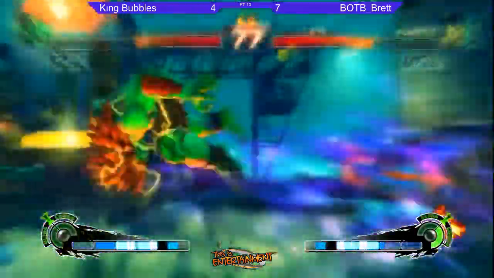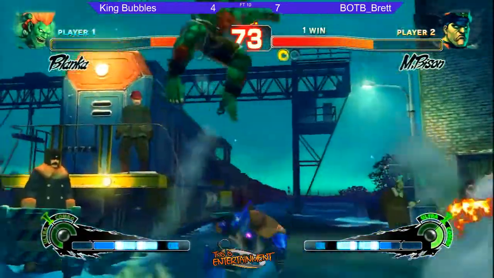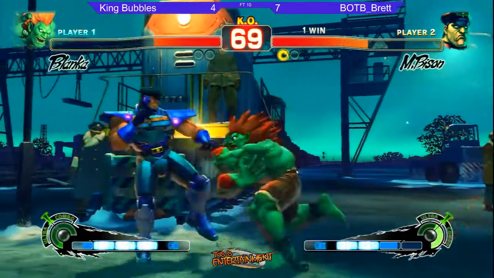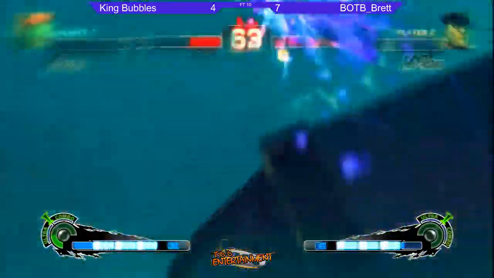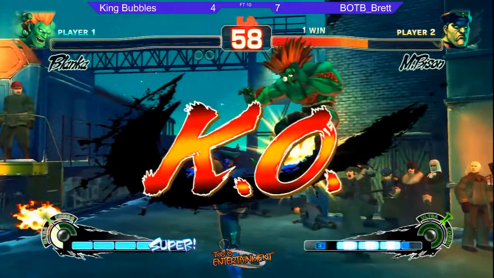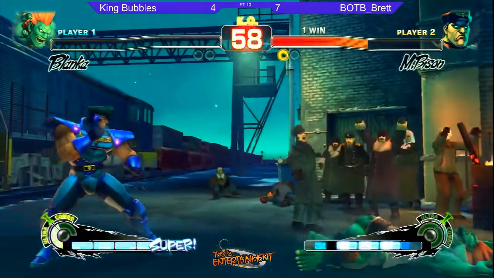Oh, Brett there was about to risk at that from behind. Probably did himself a favor by not reaching. And that there is going to put King Bubbles in a critical position. Despite he has 4 bars, or about to go 4 bars, and he dies with a super. On the brink of getting the super. Brett now goes up 8 games